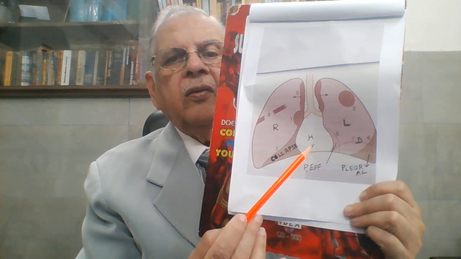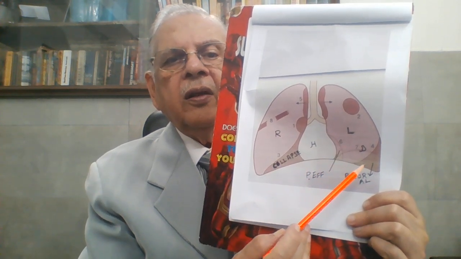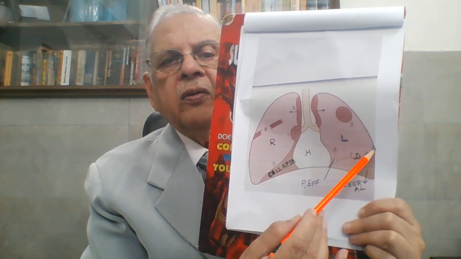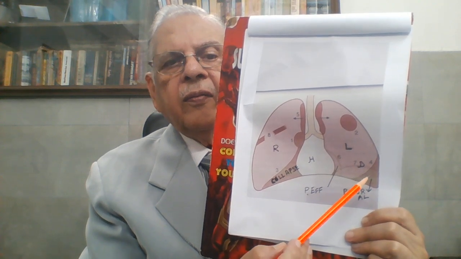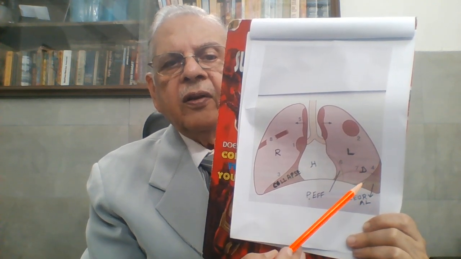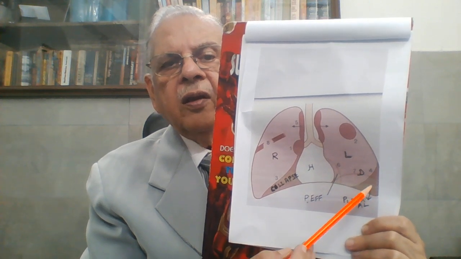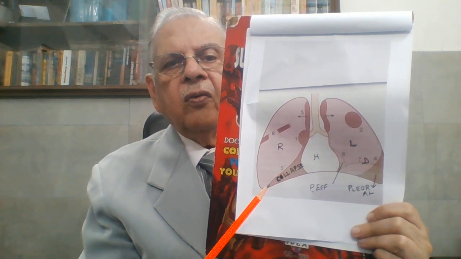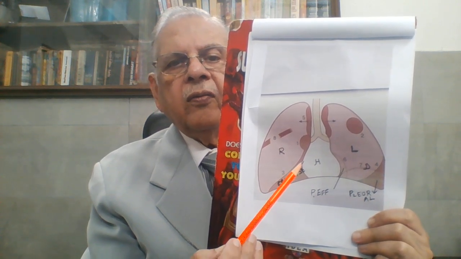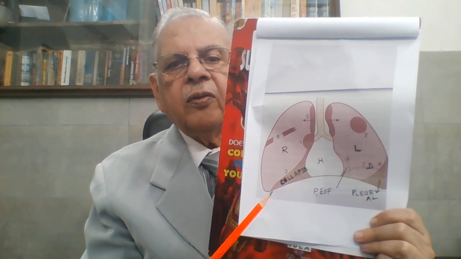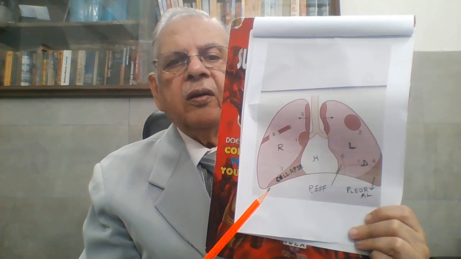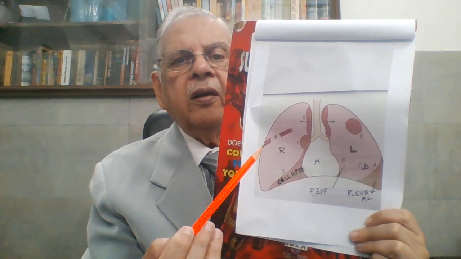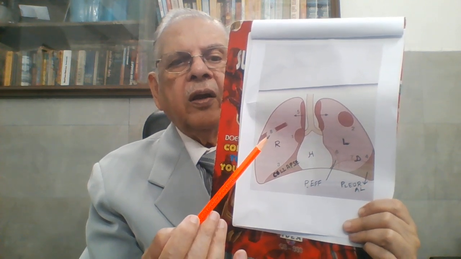Further, as you go down in the left lung, you find an opacity in the left lower part towards the outside with a line gradually going up. It is a slanting line. This is what is called the pleural effusion. Now if you go to the right side again, you find this wedge-shaped shadow. This is the collapsed lung or lung segment or a lobe. If you go up higher, you find a rib which is broken. It is all because of the cancer.